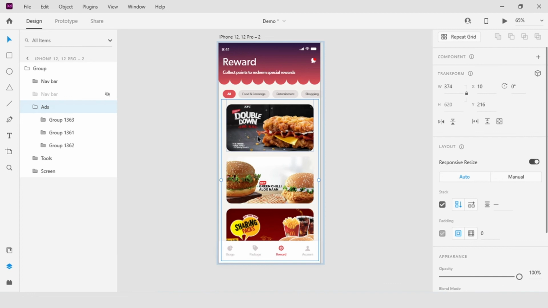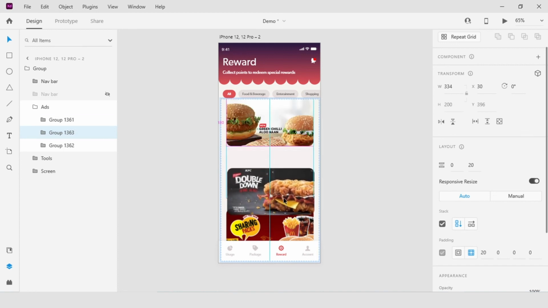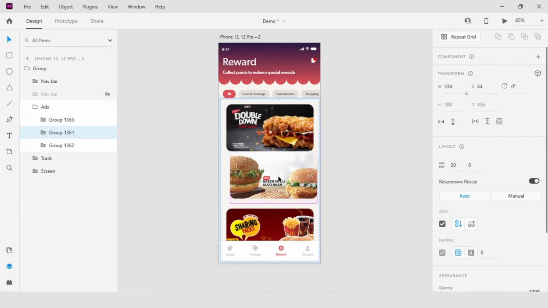I can come in now and start to tunnel inside the group and interact with it. So if I double click on this first tile, it's going to tunnel me into the group, and I can see where I am here in the layers panel on that first tile. I can now come in and press and drag and notice that they move out of each other's way. So when it is stacked, it in essence has bumpers that move it out of the way for me. Now as I'm working, I can align the objects horizontally in a different location if I want, but as I move it up and down, it's always going to keep it within that stack.